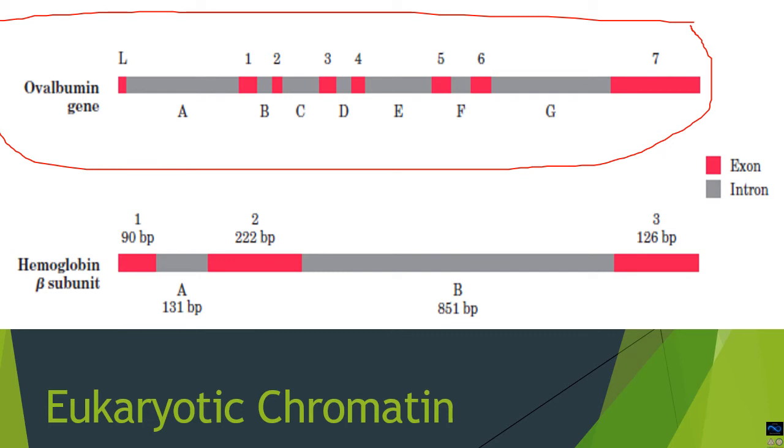The red ones are exons, which are the actual coding regions of this gene, whereas the gray ones are the introns. Those are the elements of the gene which are not coded further down to proteins. So the actual protein representation of this gene is from only the red areas. The red areas, the exons of a gene, are the ones which are coded into a final form,